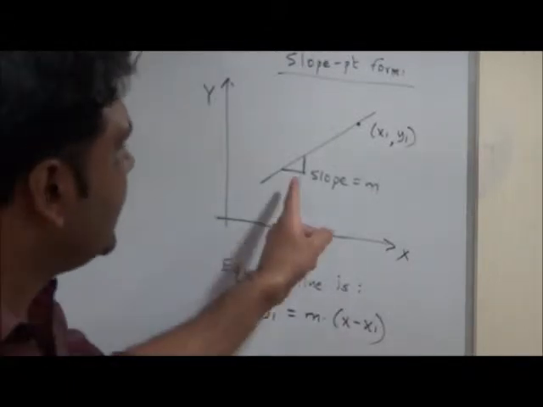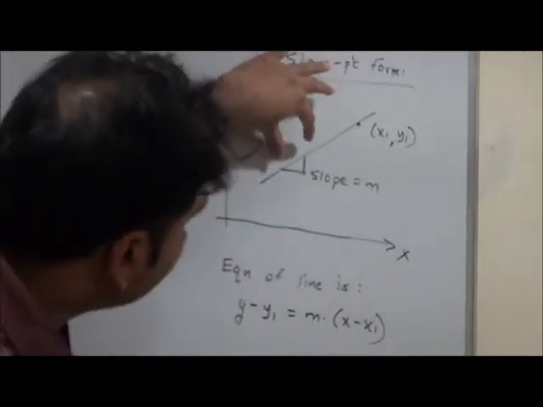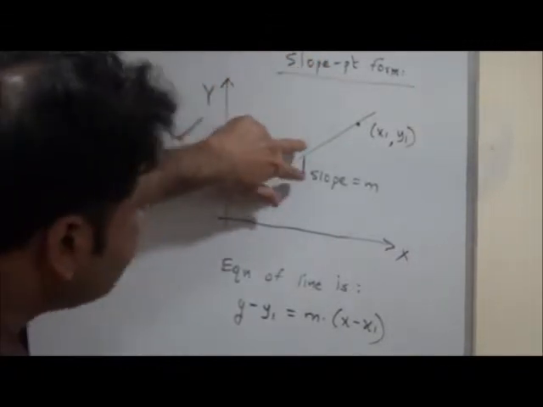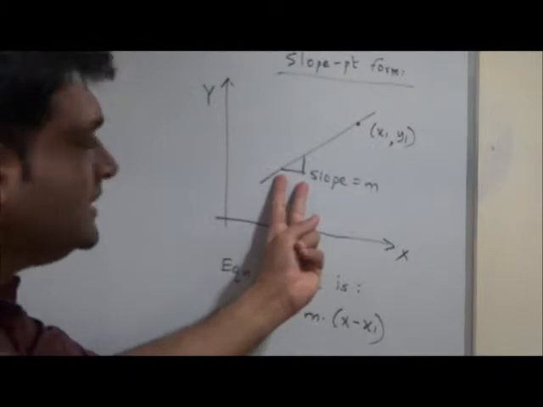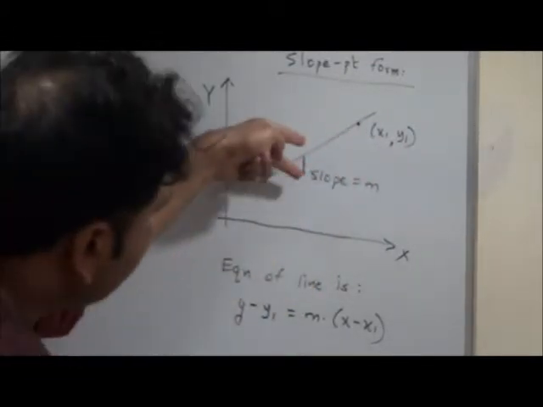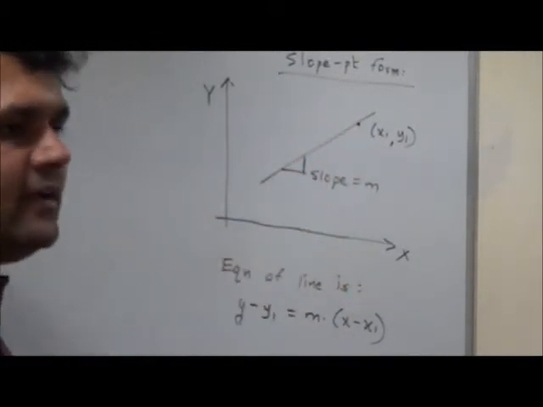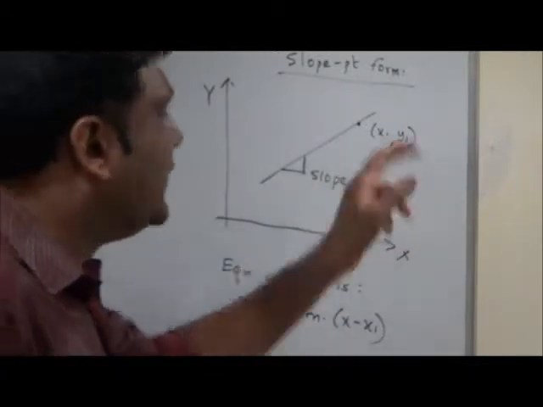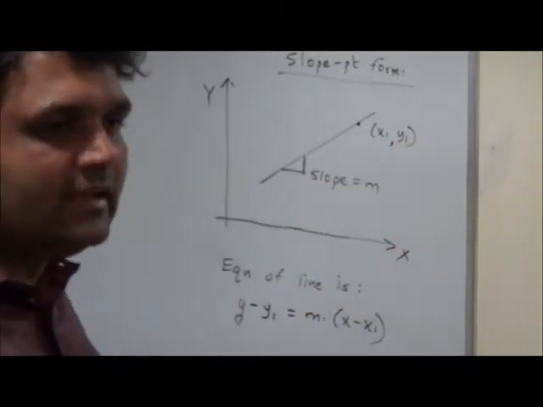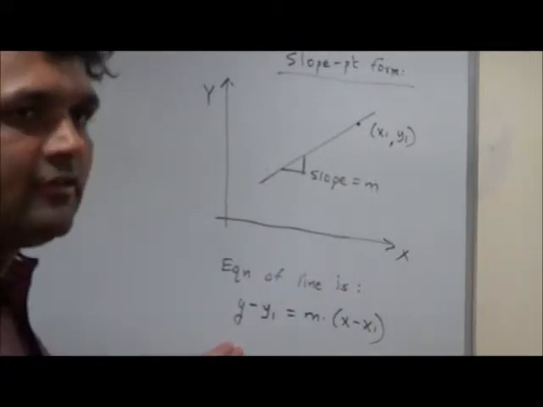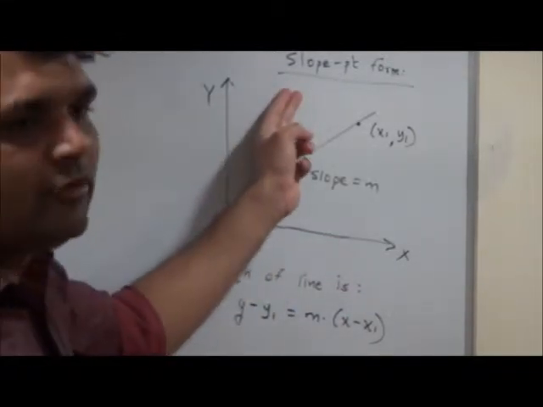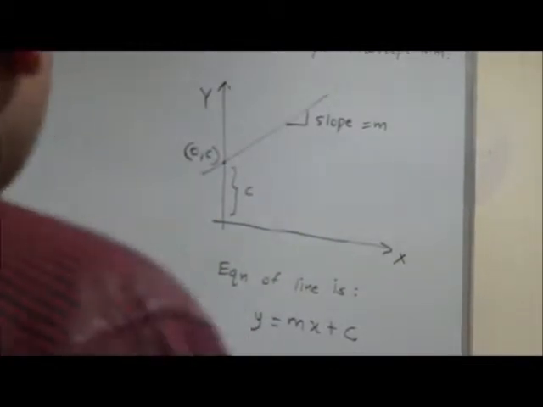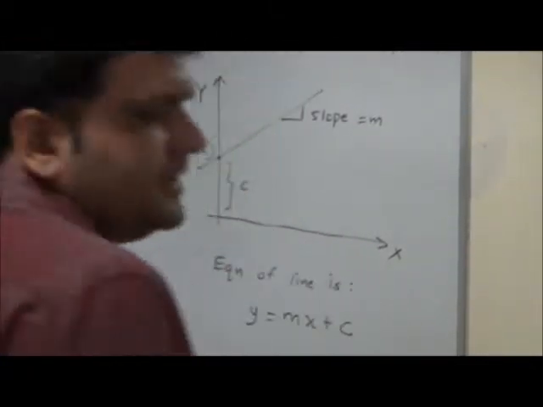By the way, slope is indicated by this triangle because we are interested in these two points to find the slope. What was the slope of a line? Change in y, y2 minus y1, upon change in x. Change in y divided by change in x we indicate by this triangle. Any problem so far? Because we know a point on the line and we know the slope of the line, this form of equation of the line is called slope point form or point slope form. Okay? Please observe.